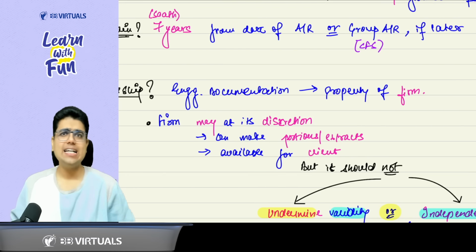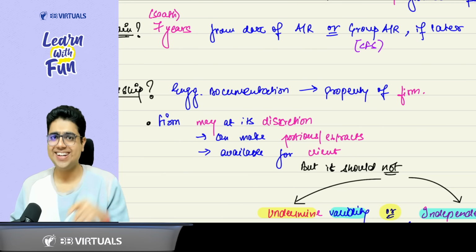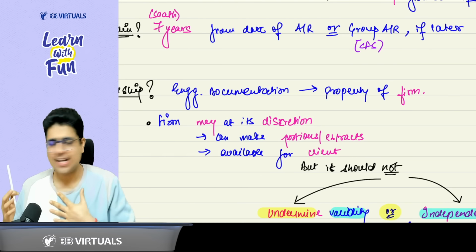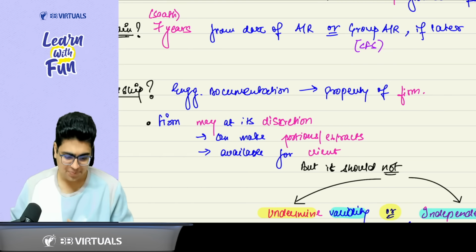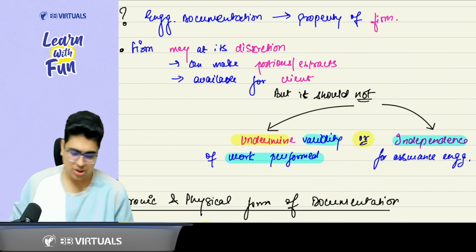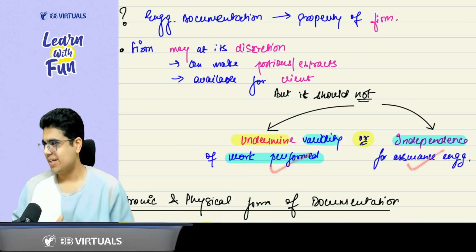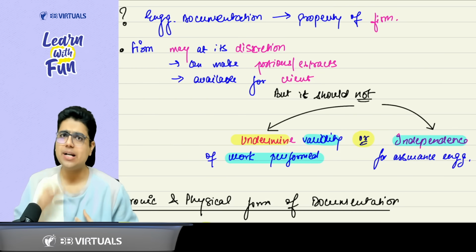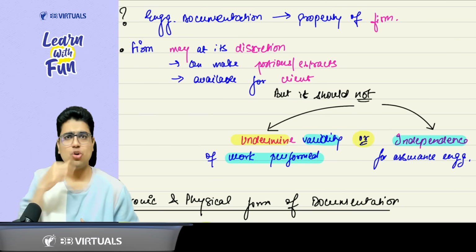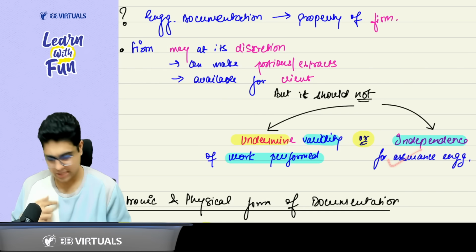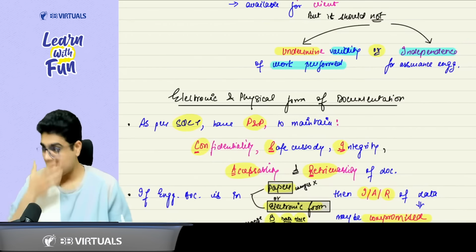Now, sir, if the client says your depreciation working is very good, your rental working is very good, can you please give me some extract? The firm can do it. The firm is very kind. It can share the extracts, but remember, it should not undermine or raise any questions on the work performed or the independence. So as a kind firm, we can share our working with the client, but it should not raise questions over us, our work, or our independence. Clear? Clear, sir.